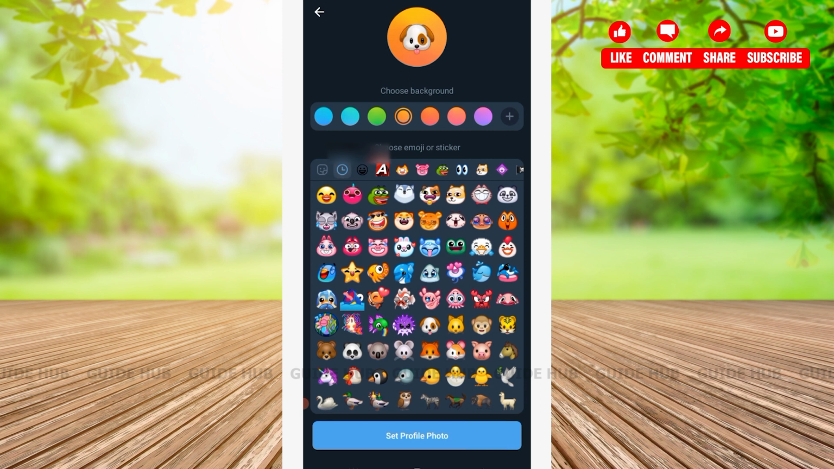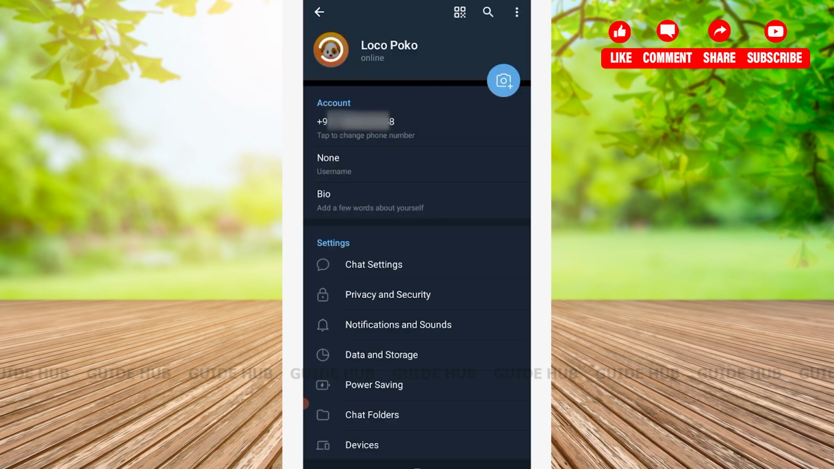After you have chosen your preferred profile picture, tap on set profile photo. You'll have to wait for some time for your profile picture to be uploaded, and with that you'll be all done. However, if you want to choose your profile picture from your gallery, then you can click on this camera